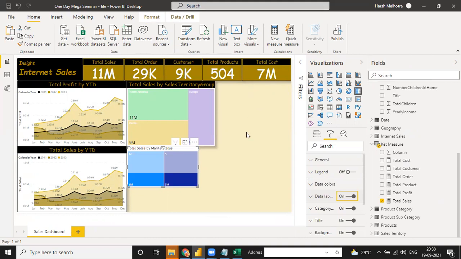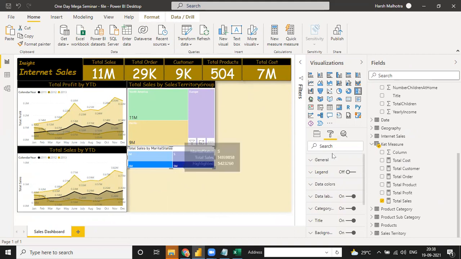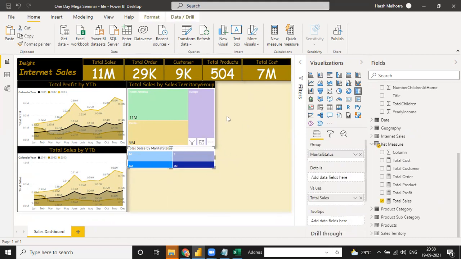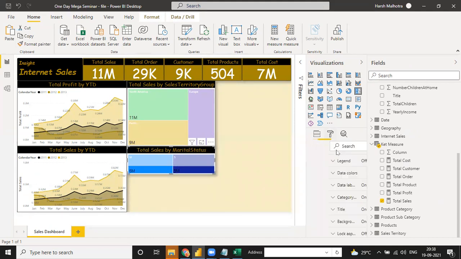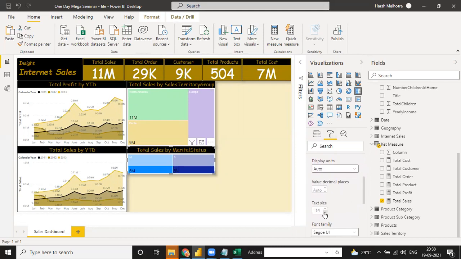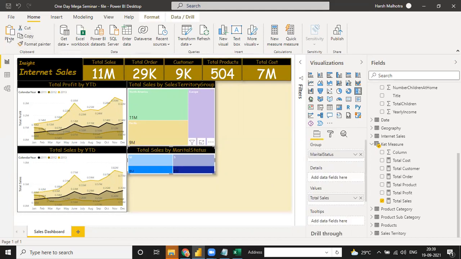If you select one card for this, you can just click on this. So your marital status sales are 6 million and 5 million, and they change as well with the gender. You can just click this format and use format painter. Total sales by marital status. Right now I need two data labels. Now, in the same way, copy and just paste it.